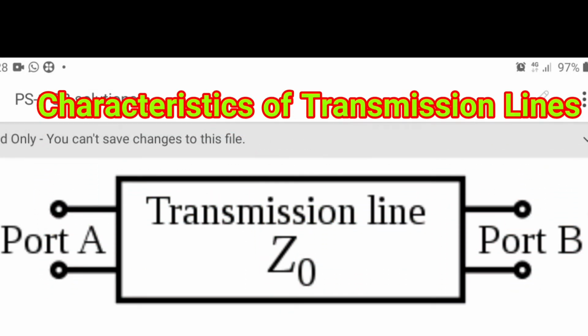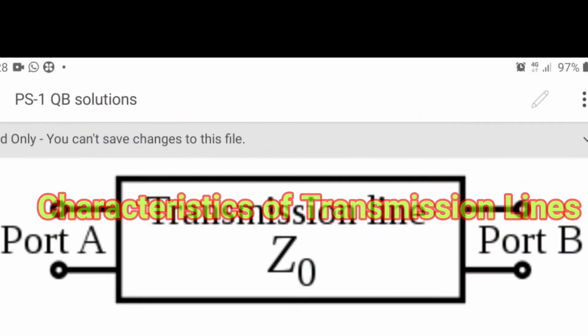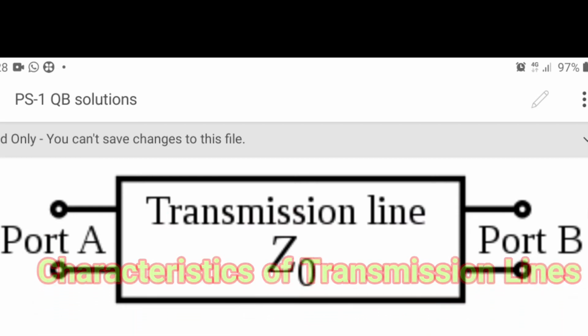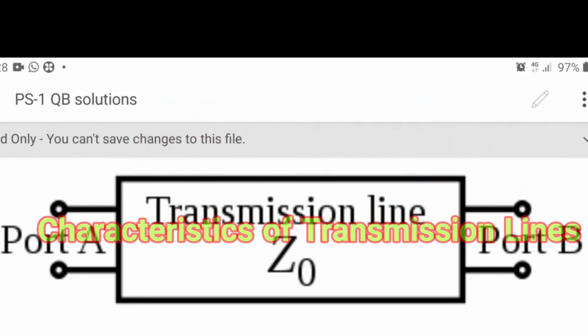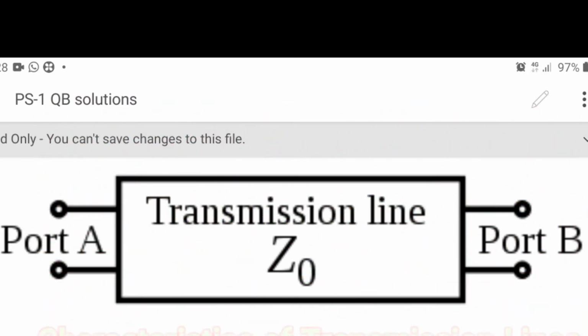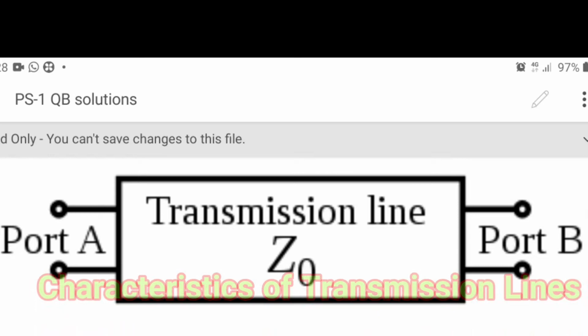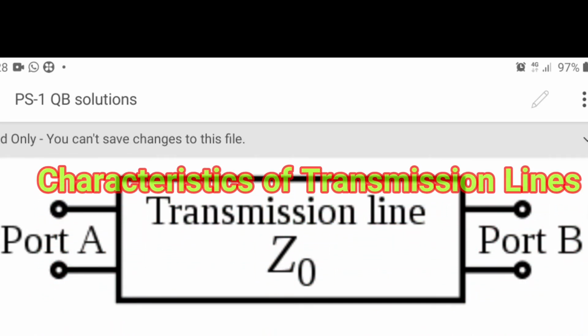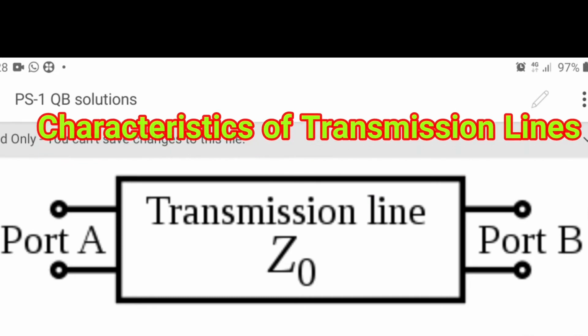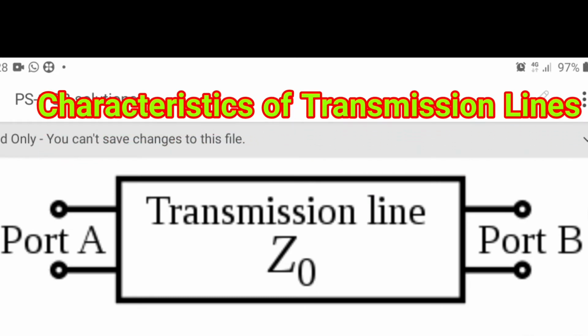Now we'll see characteristics of transmission lines. A transmission line is a pair of parallel conductors exhibiting certain characteristics due to distributed capacitance and inductance along its length. When a voltage is suddenly applied to one end of a transmission line, both a voltage wave and a current wave propagate along the line